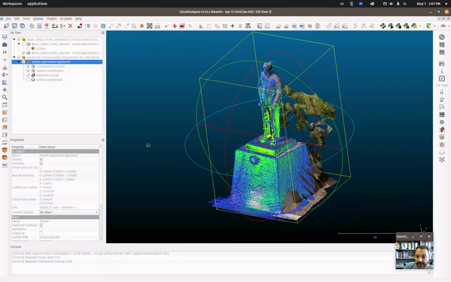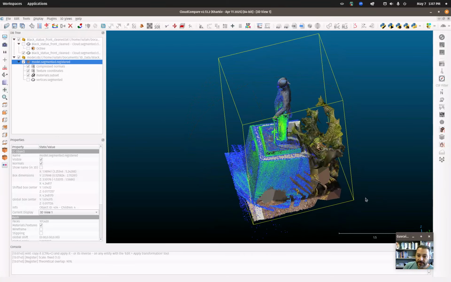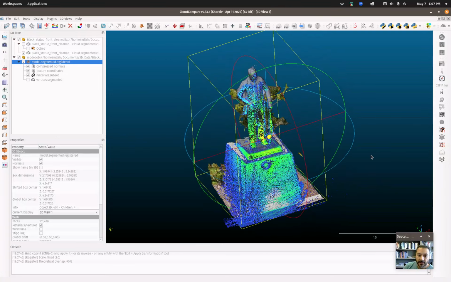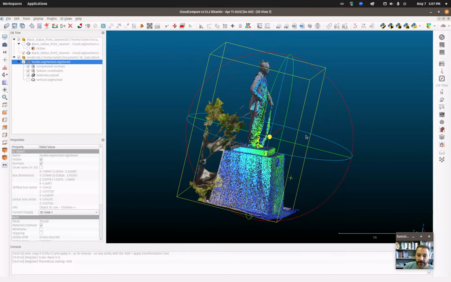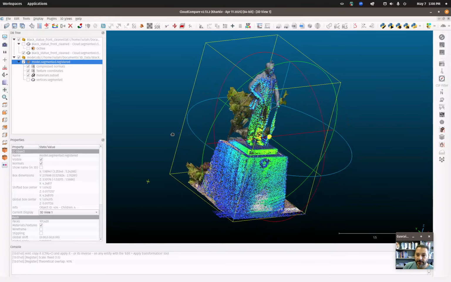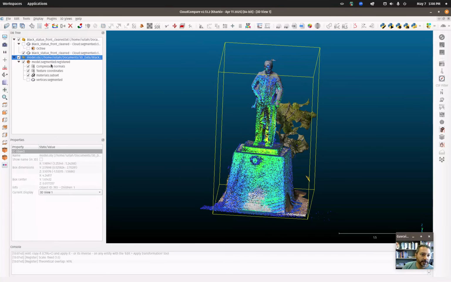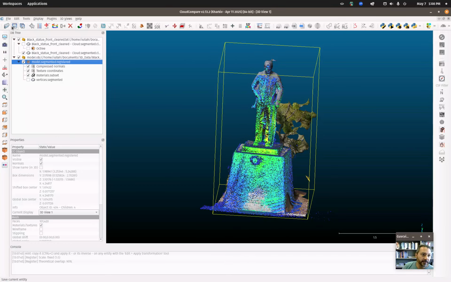Alright, I think that is much better. So I'm going to try, that little number there is a little bit of a magic number. In this particular case, increasing it was the right move. So we're definitely much better registered than we were prior to that. Okay, so at this particular moment, I want to save this one out